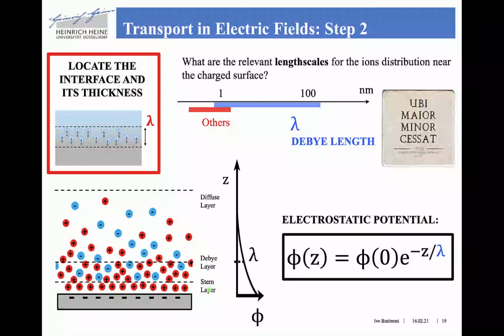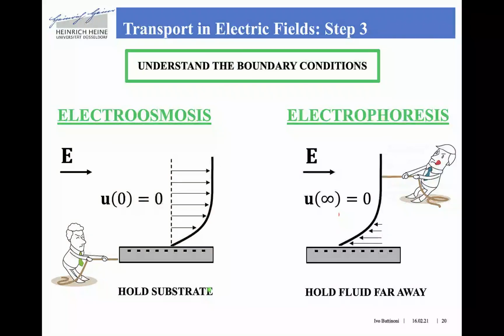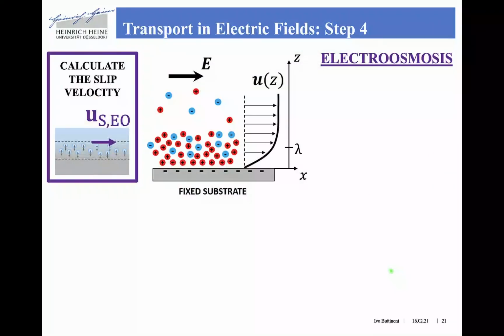Now, step 3, as I mentioned a few times already, is where we need to distinguish whether we hold the solid substrate, so we fix the velocity to 0 at the solid wall, or whether we hold the fluid far away and we let the solid surface free to move, as in the case of phoresis of colloidal particles. And the last and most important step is to calculate the slip velocity. And here we begin with the case of